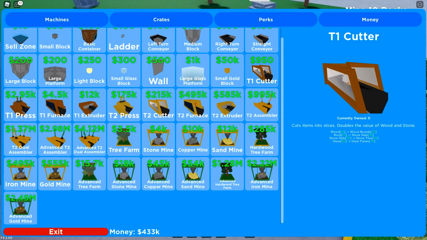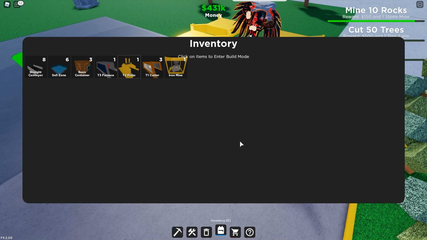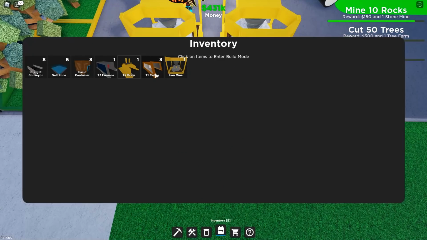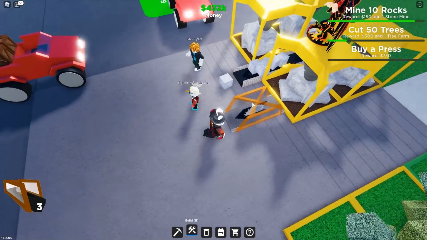I mean, they're really only $950 a piece, so what does it hurt to try, right? So let's grab 2 of these, which actually I just accidentally grabbed 3 of them because I didn't realize that when you click on it, it just instantly buys it. Let's go back into our inventory, place down these straight conveyors, and then let's grab a tier 1 cutter and